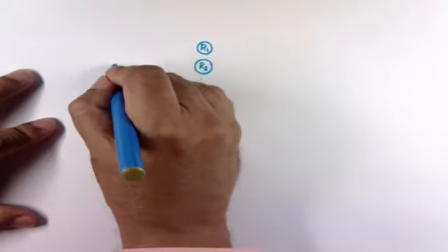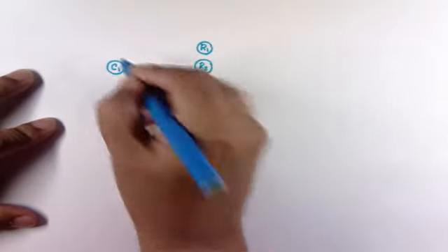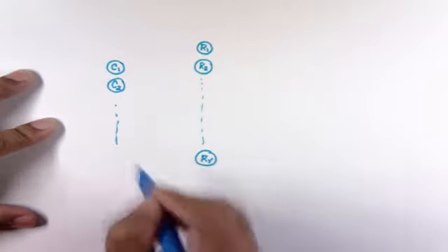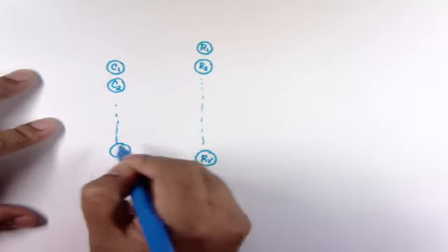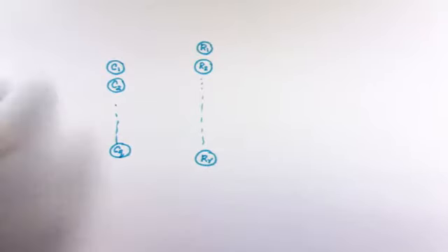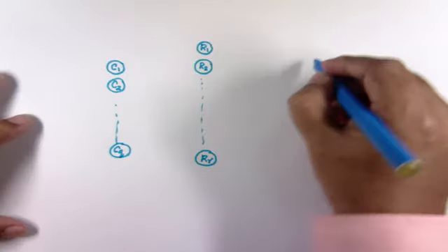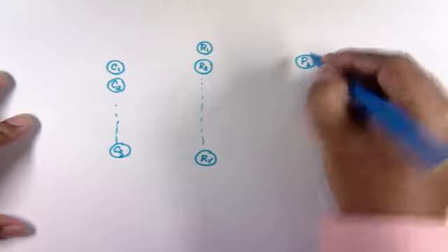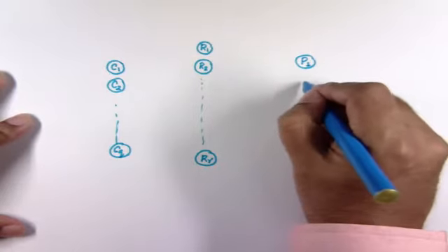And then I put a node for each club, C1, C2. How many clubs do we have? CQ, right? And I also put vertices for the political parties, P1, P2,